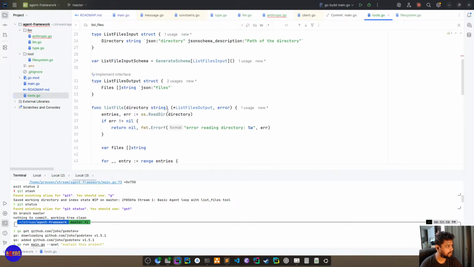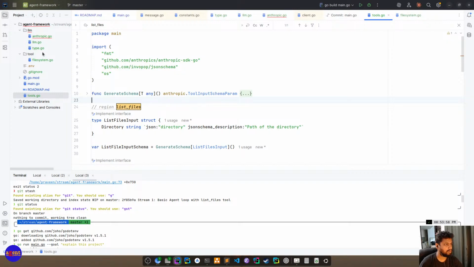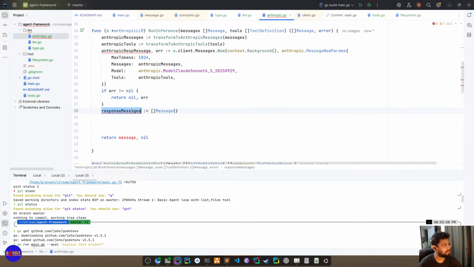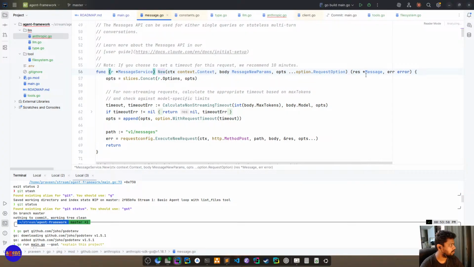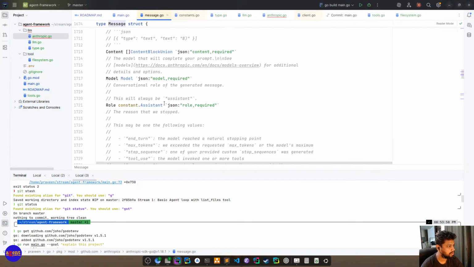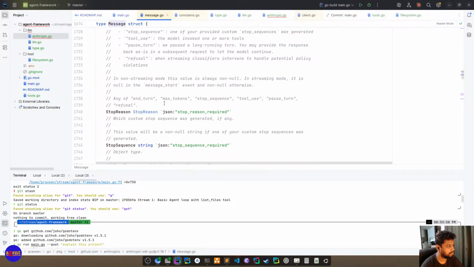Why is that? It can return multiple, right?